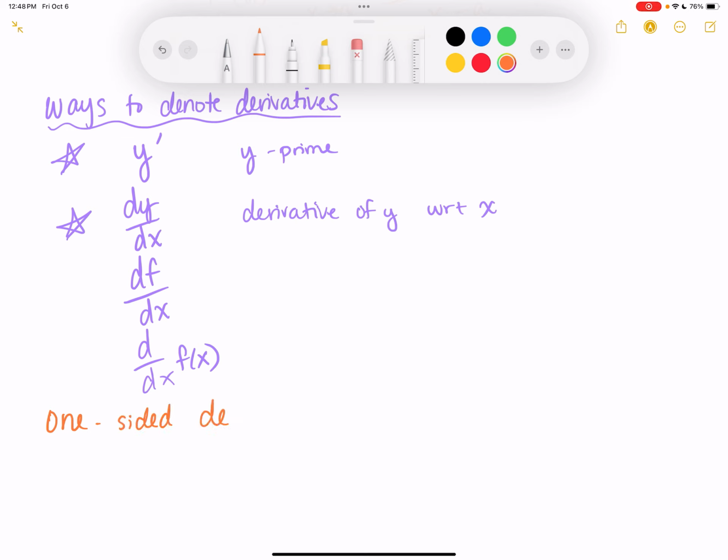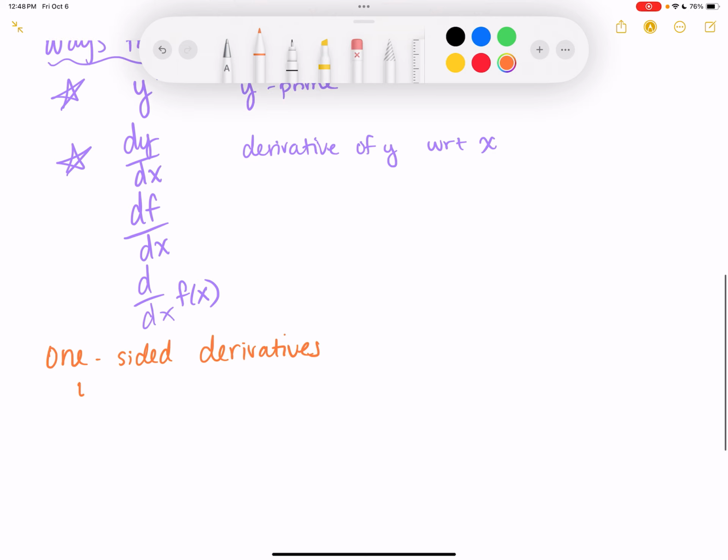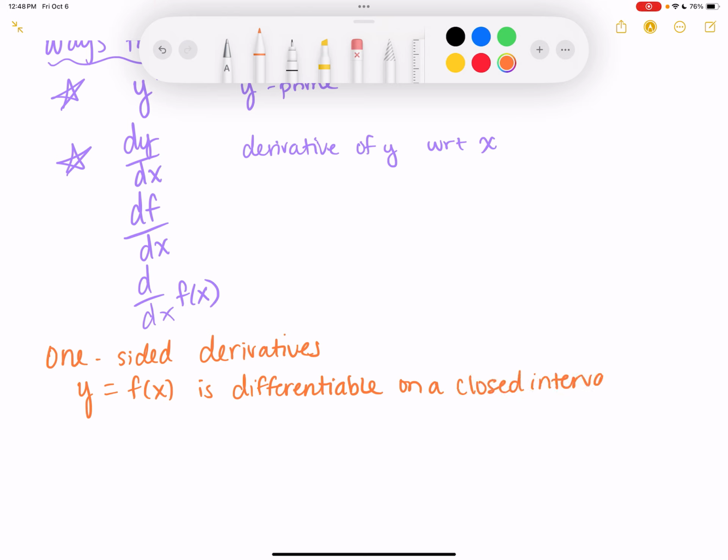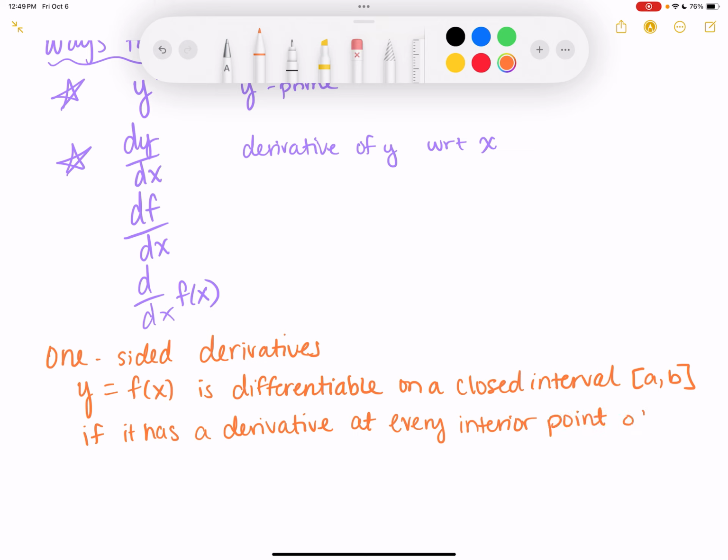So we've had one-sided limits, now we have one-sided derivatives. y equals f of x is differentiable on a closed interval a to b if it has a derivative at every interior point of the interval